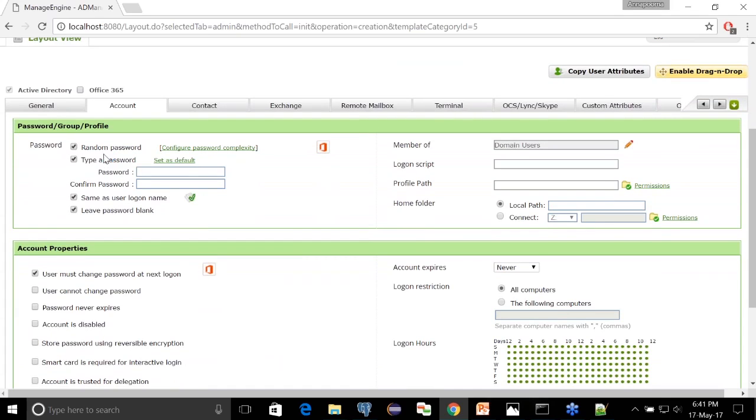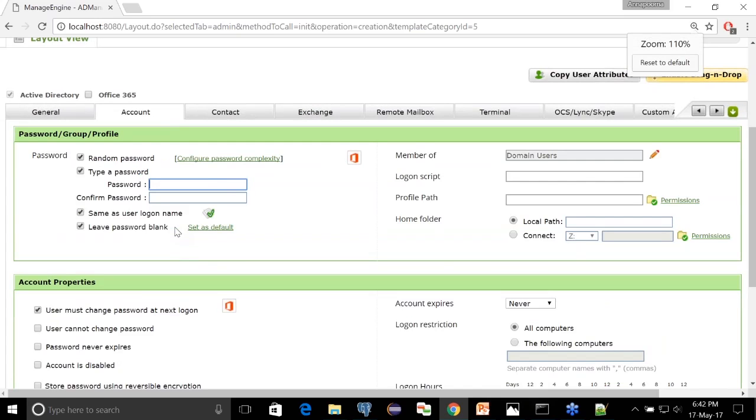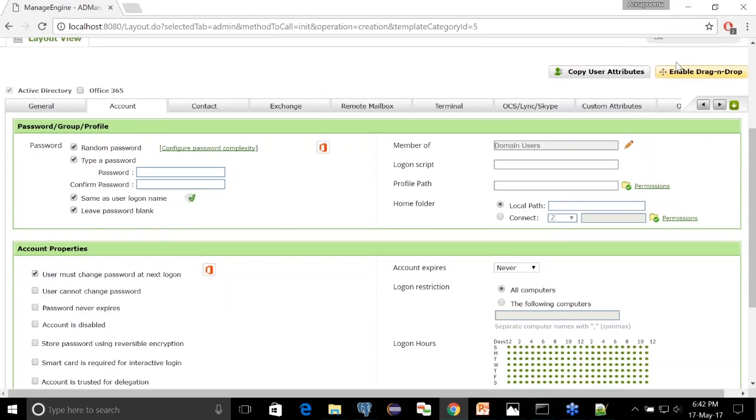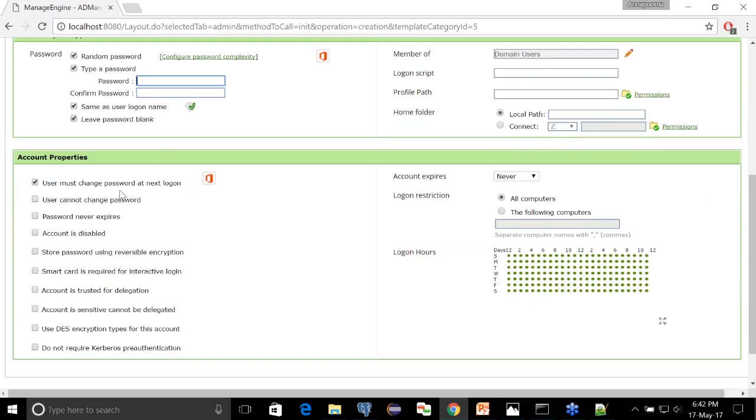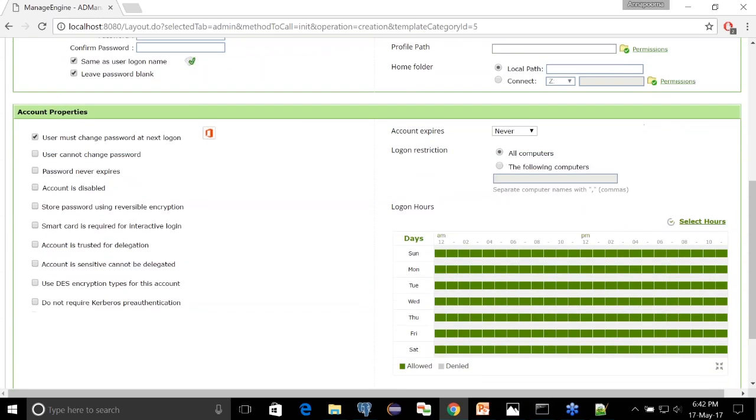And the next thing I'm going to do is choose the logon name format. My logon name format is going to be first name dot last name. And you can even choose the container in which you want to create this user account. This will list all the organizational units present in your domain. If you want to create a new one, you can always click this link, create new one. But make sure that you create the user account under a proper organizational unit or under the root domain, and you can give your name here and hit create. Right now I'm going to choose this admin organizational unit and then hit OK.